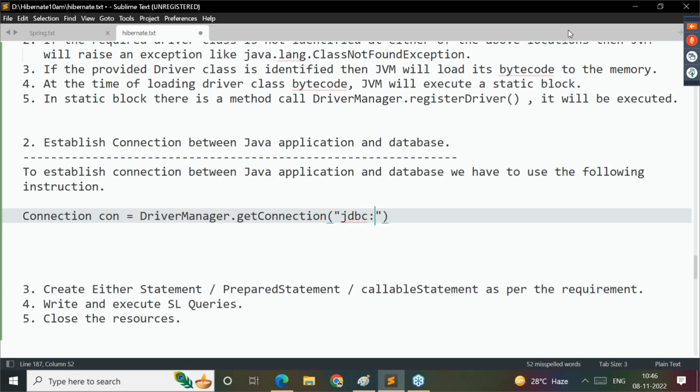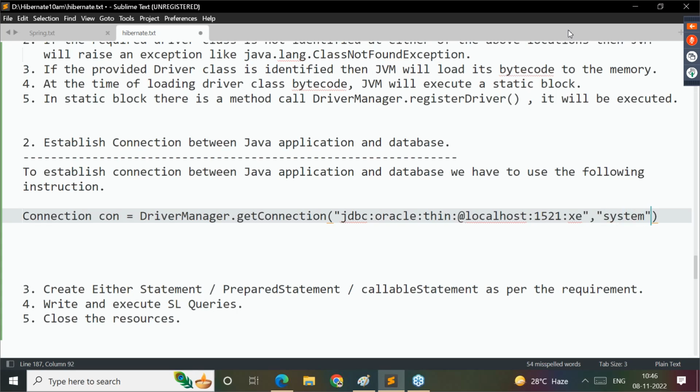What are the three parameters? First of all, the driver URL: jdbc:oracle:thin:@localhost:1521:XE. This is the driver URL,